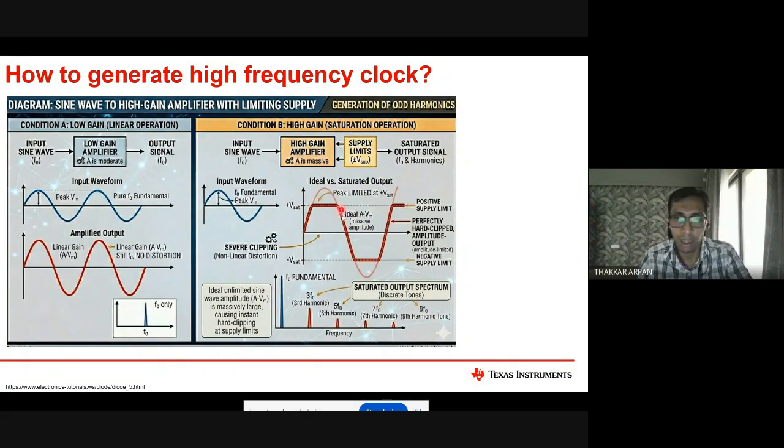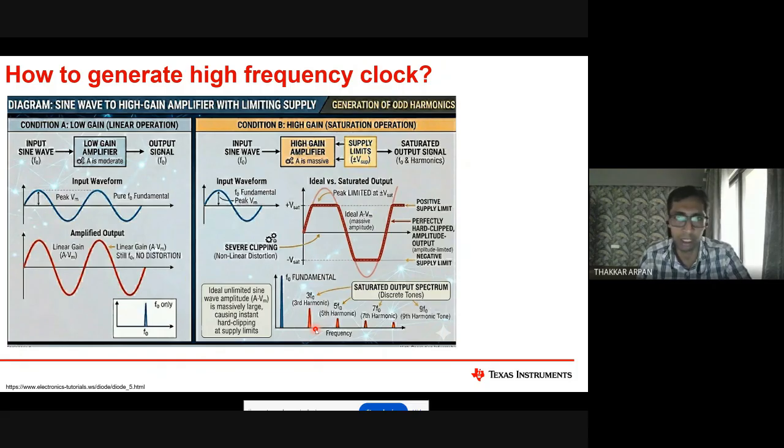Now if you take this square wave and look at its response, it is going to be the fundamental, 3f0, 5f0, 7f0, and so on. If you put a band pass filter around this 3f0, you can essentially generate 7.2 gigahertz of clock from 2.4 gigahertz of BAW. Now somebody says that I want to generate the second harmonic, not the third harmonic,